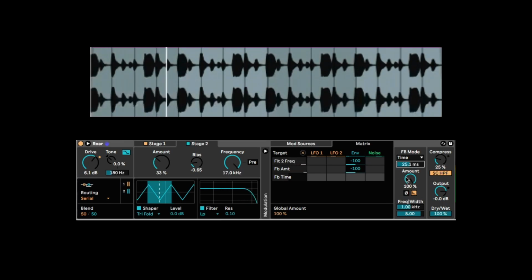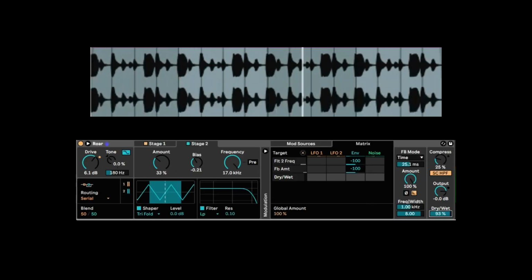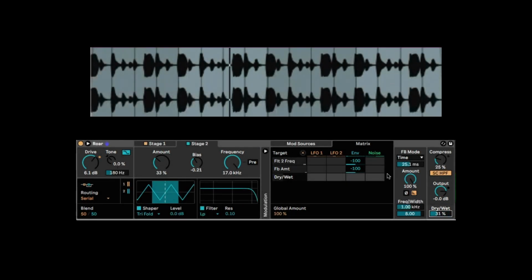In this case, I'm using it to generate a richer tone, which sounds like a bass line on this drum loop. Listen to the effect in bypass. I will control the volume with the dry wet knob.